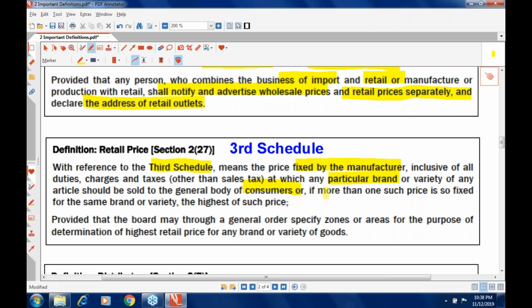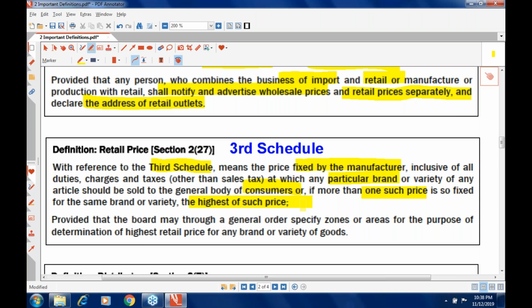Furthermore, it says if more than one such price is so fixed for the same brand, the highest of such prices applies. Yesterday, we had a student who asked a question that when we go to hotels and restaurants, they charge a higher price. Now, if those restaurants charge a higher price, what does that actually mean? That actually means that